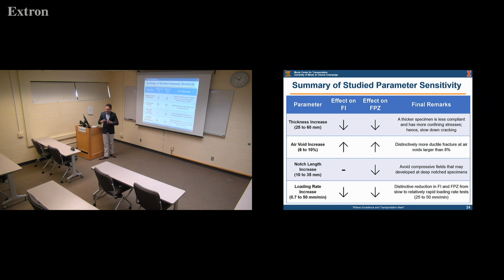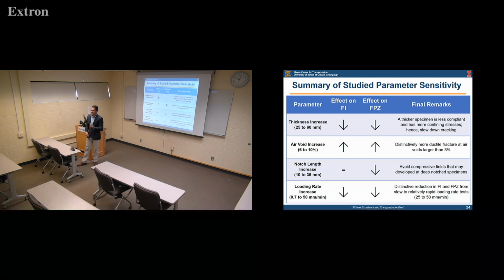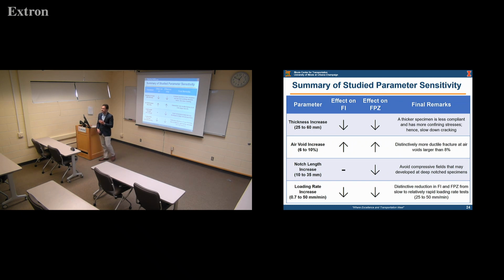So, as a summary of everything that we presented, the first thing we saw is that the thickness, among all these parameters, causes an effect on our fracture process zone and the flexibility index. And the fracture process zone goes hand in hand with the flexibility index. We saw that both of them, the FI and the fracture process zone, decrease when I increase the thickness. And why is that? Because you have the effect of specimen confinement when you have a larger specimen,